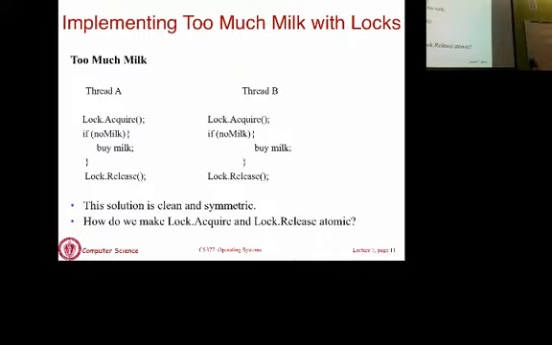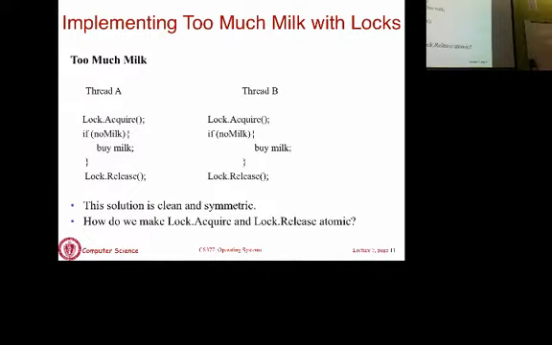Any questions on this? So then hopefully we don't have to convince ourselves that this is going to work, because the lock property is such that it should work. If you have a correct implementation of a lock, this is going to work. Okay? We have to see how to implement locks. We haven't seen how the lock is doing all of its magic internally. That's what the goal is here, not how to use them, but how locks are implemented.